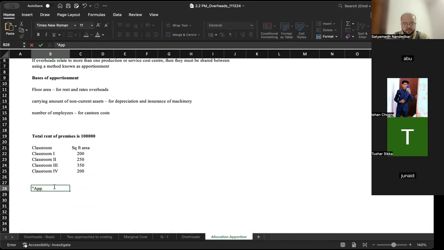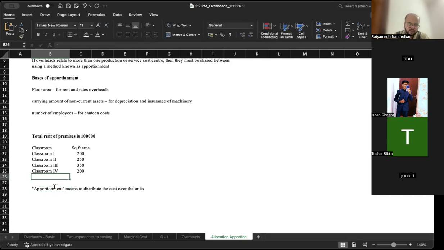Apportionment means to distribute the cost over the units. Okay, so